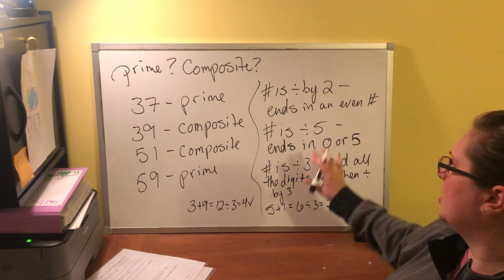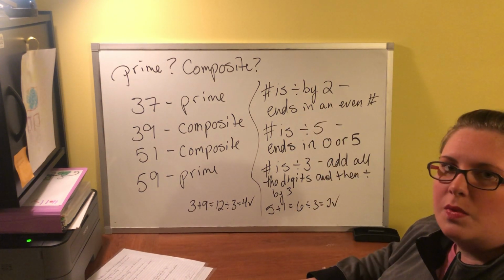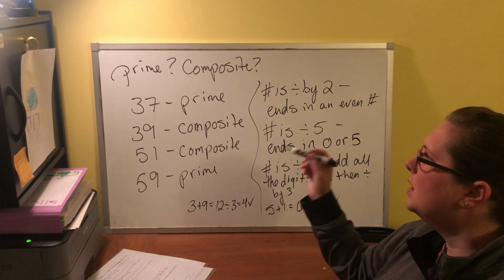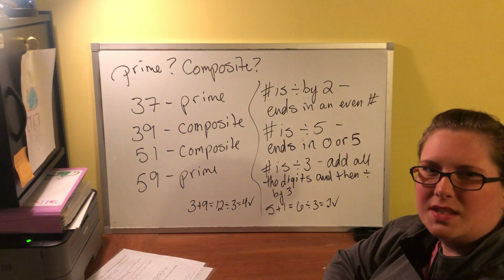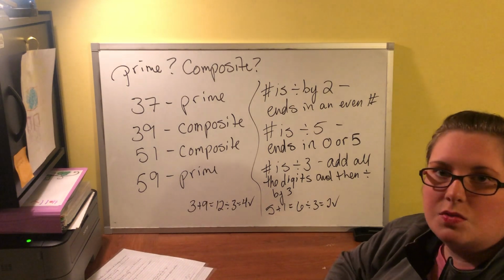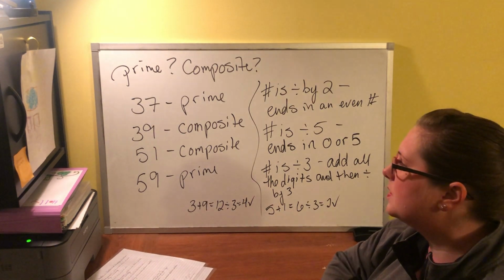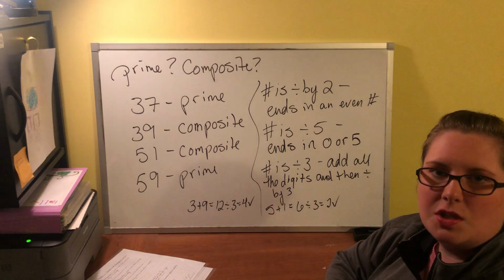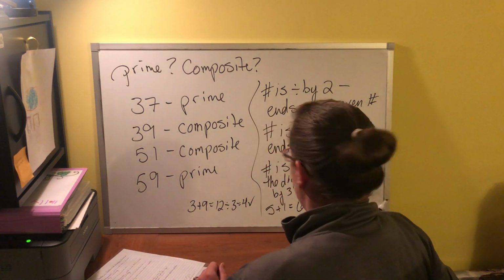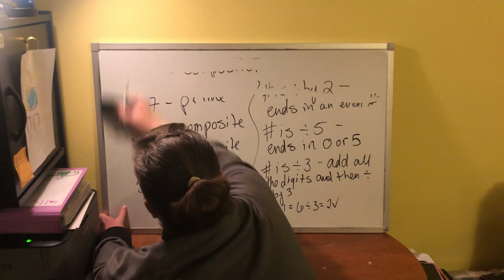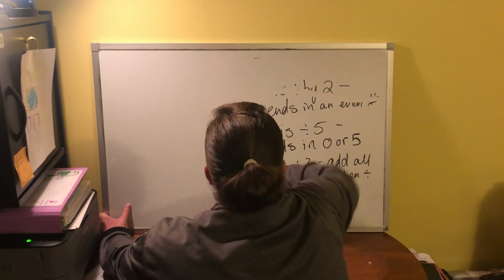So those are just a couple tricks to get you kind of started, if you're not exactly sure, to check if this is prime or composite. I don't have any really good tricks for 7. You have calculators, right? You're more than welcome to use those. So you can always just punch in the number, hit divide by 7, and see if that works. Okay? All right, the next thing that we are going to cover